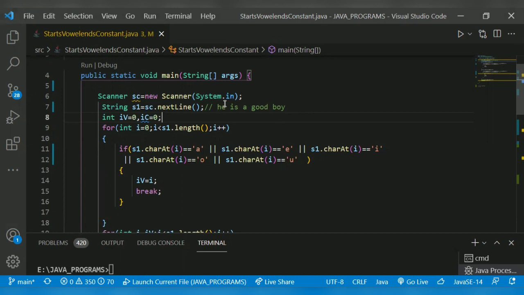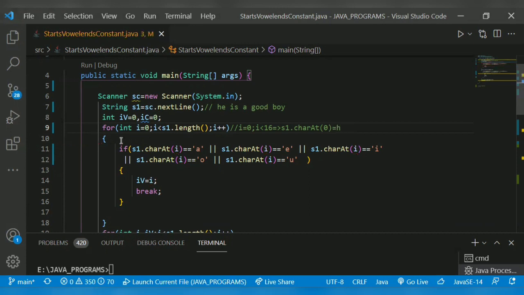Its length is 1, 2, 3, up to 16. So i equal to 0, i less than 16. For i equal to 0, s1.charAt(0) is H. String index always starts with 0.